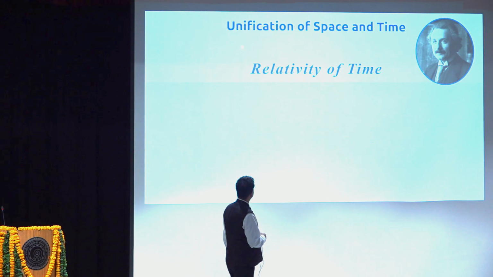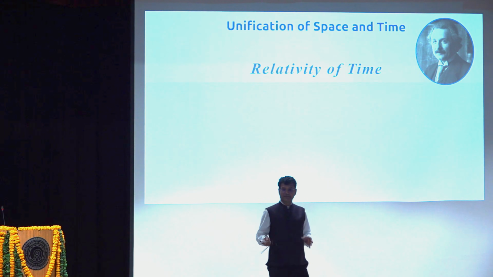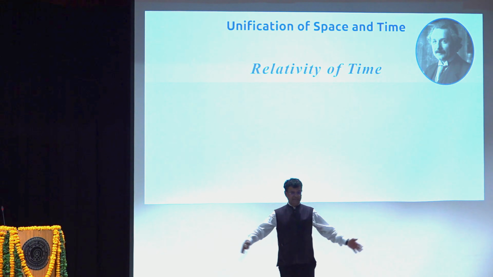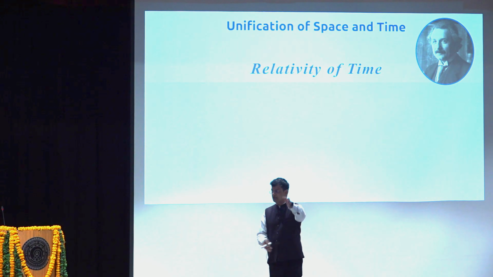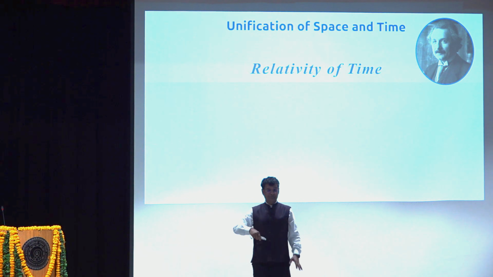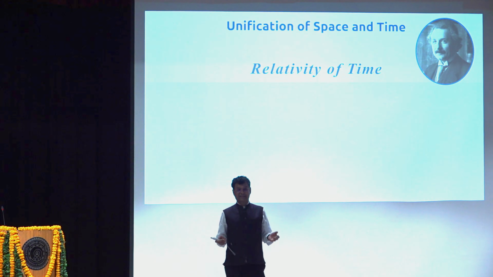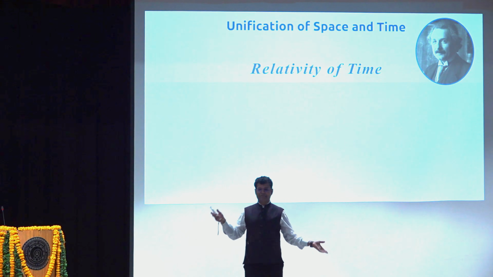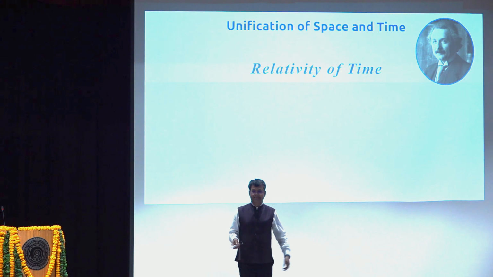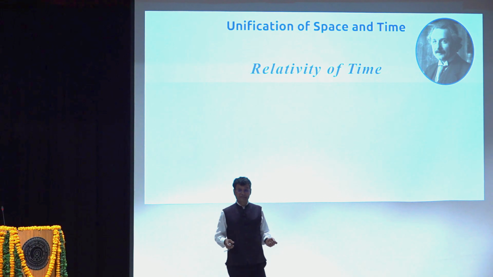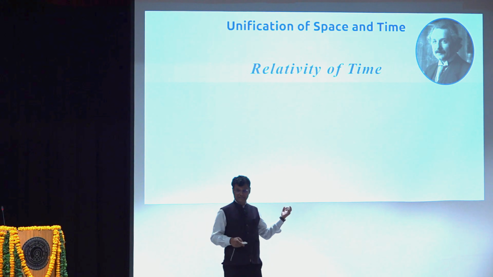And which led to another kind of unification, namely unification between space and time. You see, space is space, right? I can go this way, I can go that way, I can go up and down. There are three directions. And time, okay, time is running. What is the connection? They seem like, again, two completely different aspects of our reality. But Einstein realized that they have to be combined together for a very simple reason, and as I will illustrate,